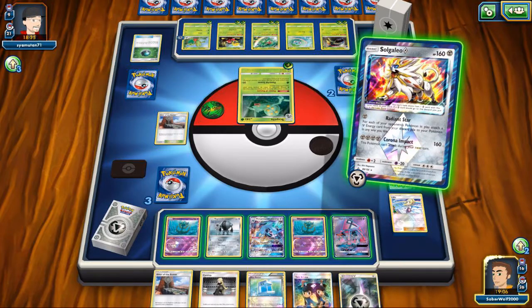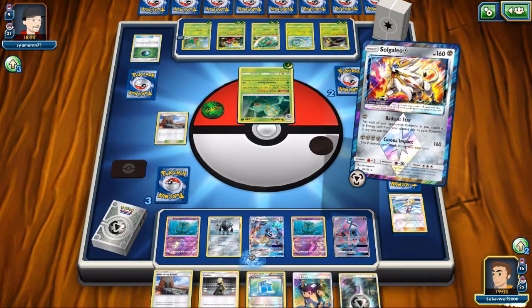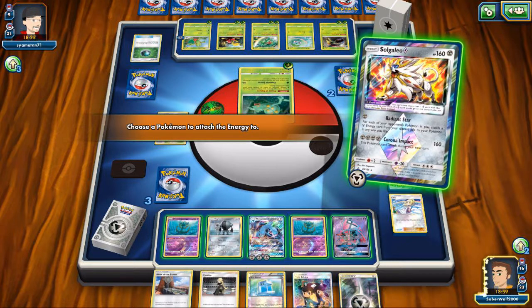So, this Sceptile deck with Venusaur, it's not so bad. I mean, Venusaur, if you ask me, has been a very underrated card ever since it got released. I've been really wanting to test it myself and use it, but